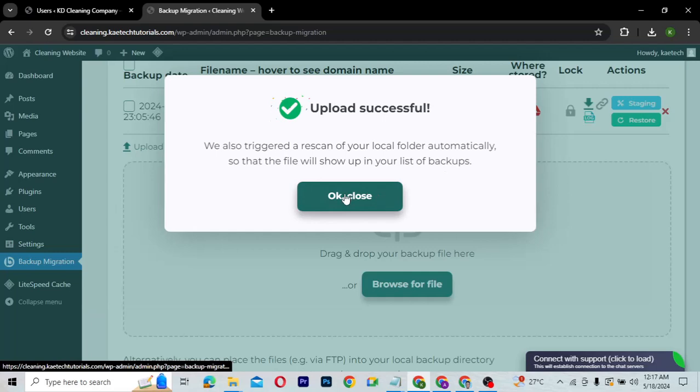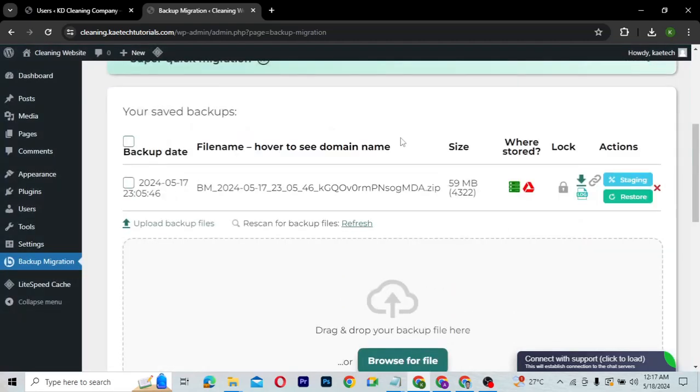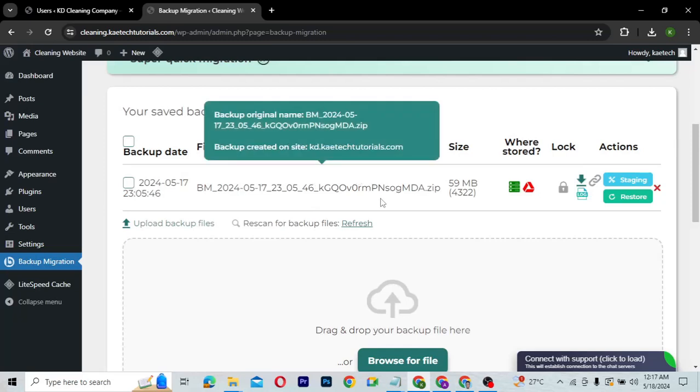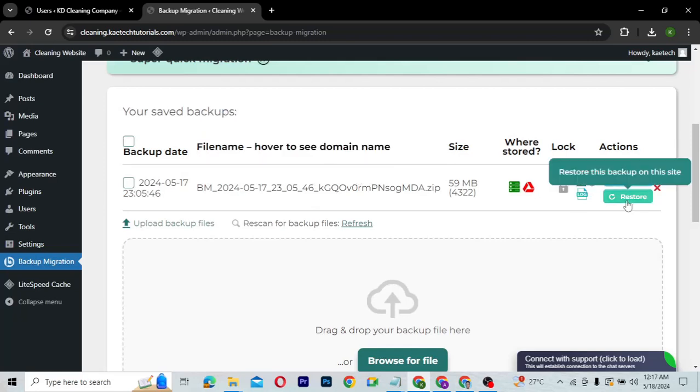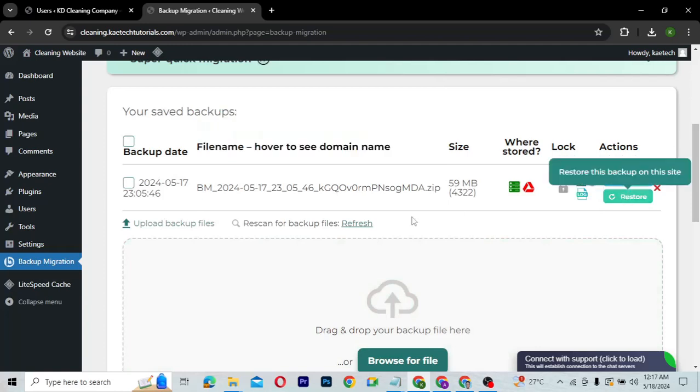So everything is done, and we can close it. So now we can be able to close it. Now that we've uploaded it over here, we can go ahead and click on restore. Before you even click on restore, know that everything on this particular website, the first website,